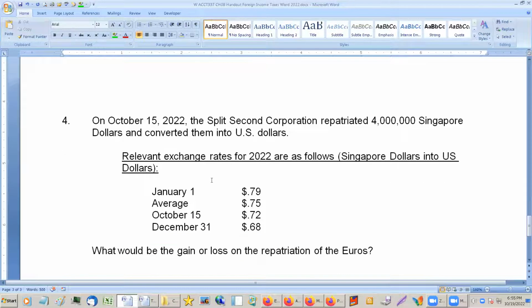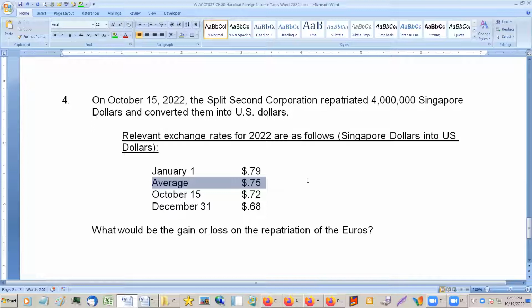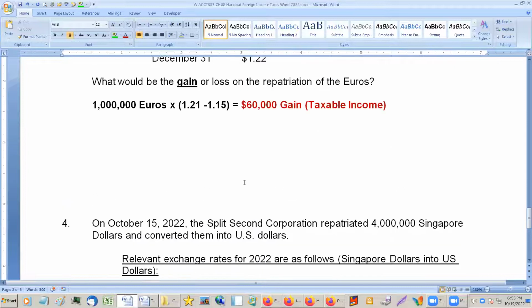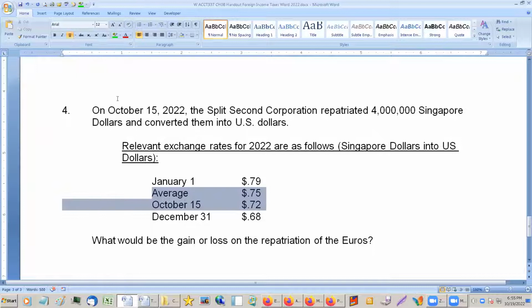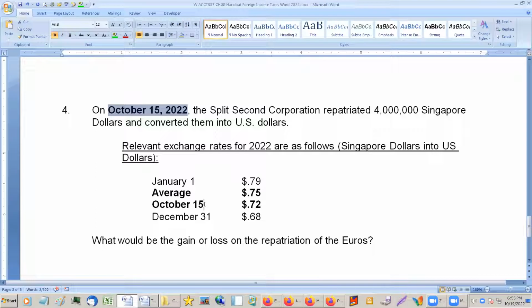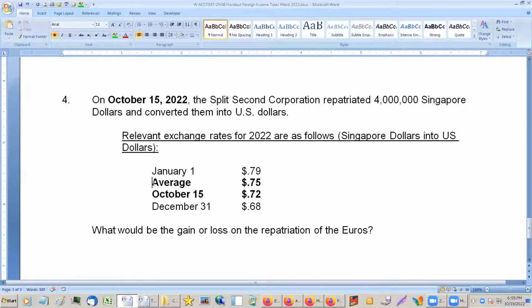Okay, coming down here. That's the wrong date. Nope, that's the right date. Okay. So October 15th, they brought in their average. So notice that they had the average on the books at 75 cents, but when they bring it back in, it's been reduced to 72 cents. So when we bring these Singapore dollars in,